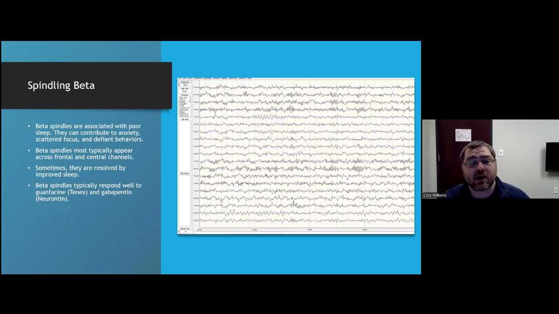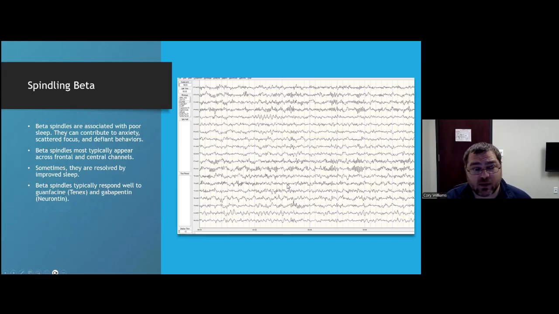How much do you sleep? How good is your sleep? Do you wake up feeling refreshed? And don't be afraid to refer them for a sleep study, because that can yield really important information about whether or not they're recharging. But if this is not sleep related, and it's just kind of an indication that there's a little bit of an irritable cortex, they get a little bit anxious, a little bit scattered, sometimes a little bit defiant, we have found that these typically respond really well to guanfacine, which is sometimes called 10x,